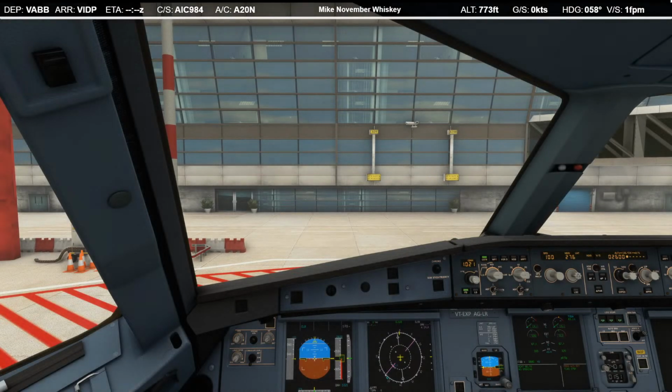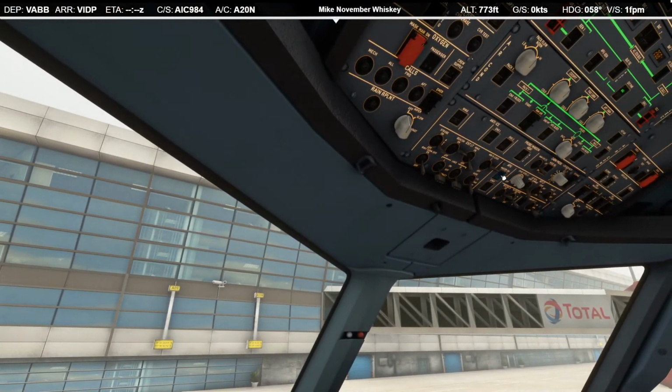So we'll go ahead, start our parking brake, and we'd never start the APU, so I'll have to do that real quick. Wait for that to spool up.